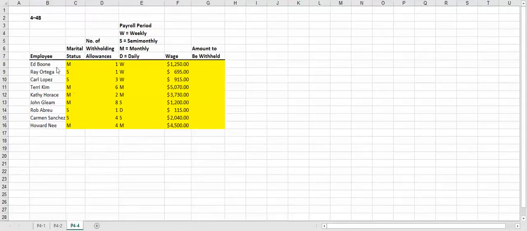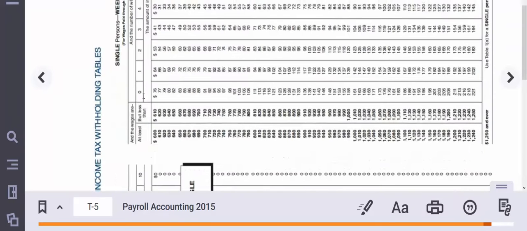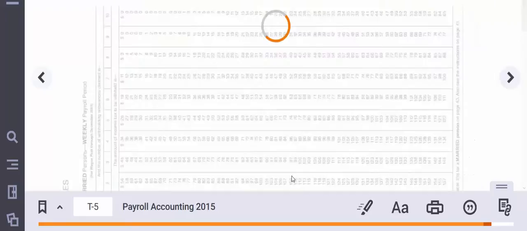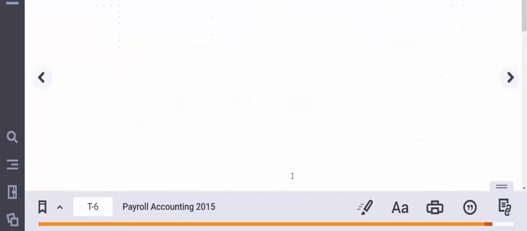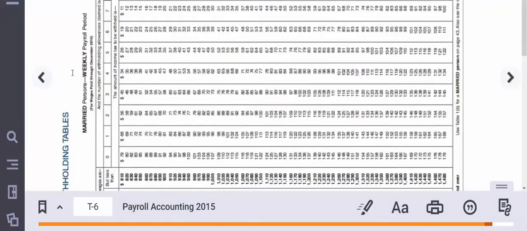So we're going to have Ed Boone. He's married, he has one allowance, and he's paid weekly. So we're going to go to weekly married. This one is weekly single. Again, this is the 2015 edition of the book, so the amounts that I have on the screen are actually going to be a little different than what's in your textbook. So he is married, weekly,